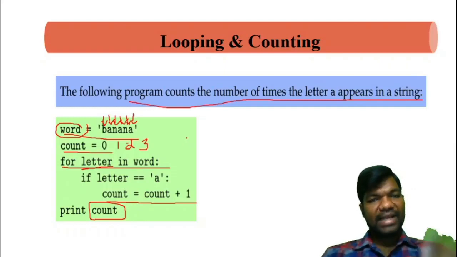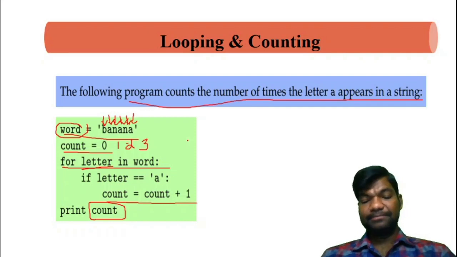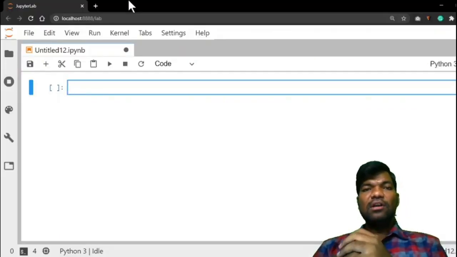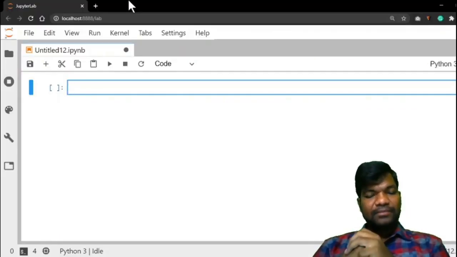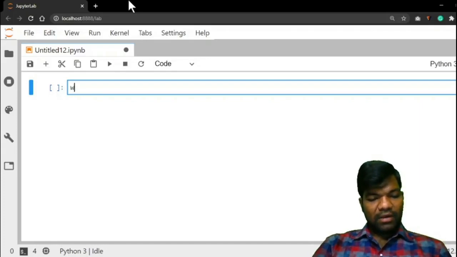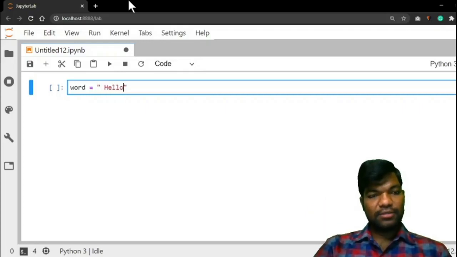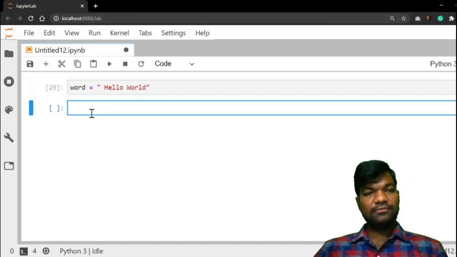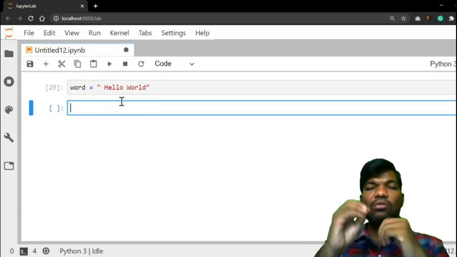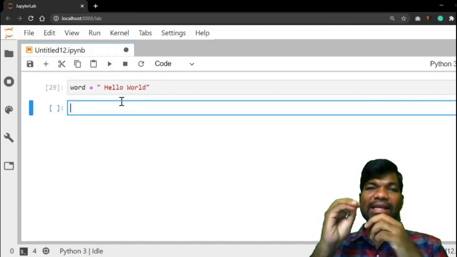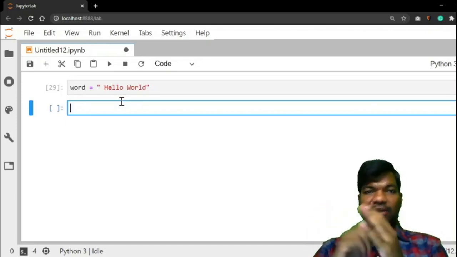Let's check this example in JupyterLab. Let's check one example for looping and counting. Take one word equal to, so what is the word here? Hello world. So this is a string. Now count how many L letters are in the string.